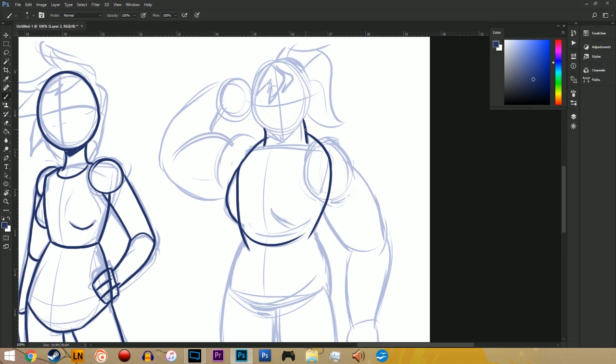It's not something you'll typically go looking for, but if you ever see images of female bodybuilders, you'll know what I'm talking about. But it's a thing to consider. How muscular a character is will reflect how much their body droops and sags.